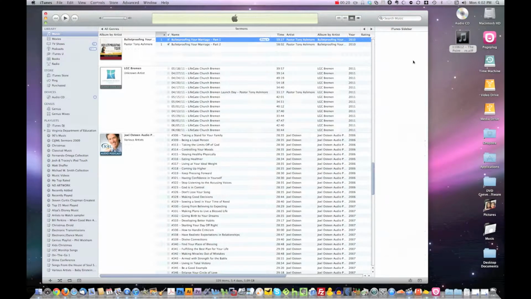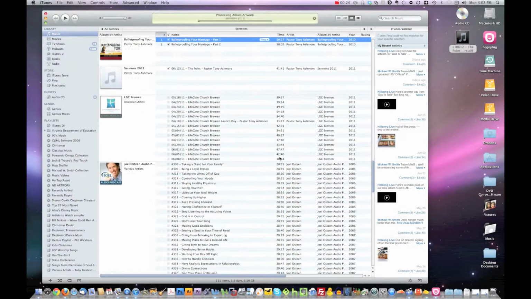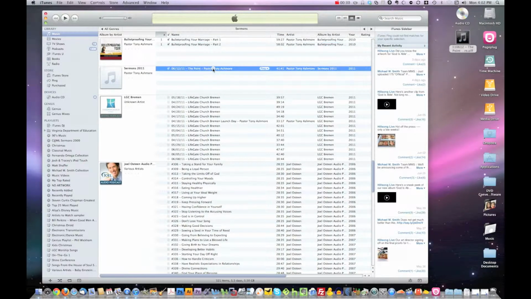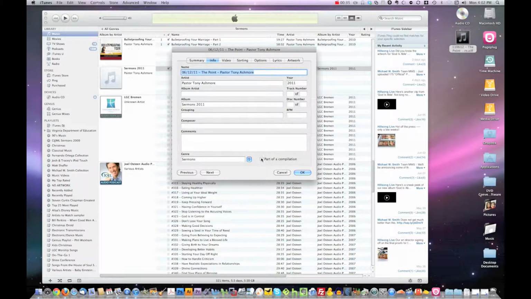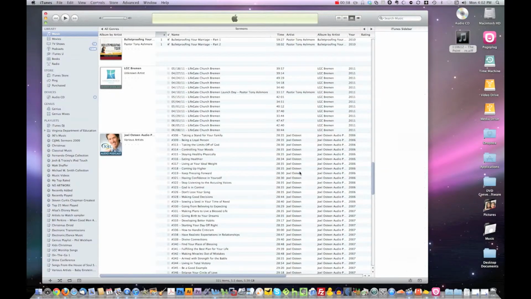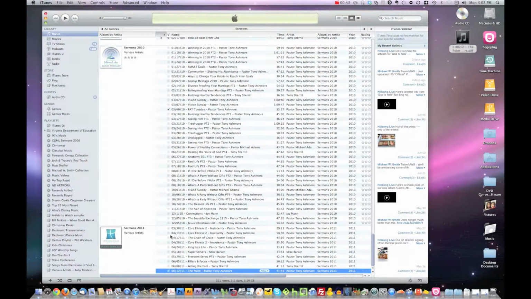When you drag your audio file into music, as you can see, it loads it into the sermons category because that's the way we tag the metadata. Alright, first thing we want to do is make this part of a compilation and hit OK. As you can see, it seems to have disappeared, but if you scroll down here, now it's in the album Sermons of 2011 with these other